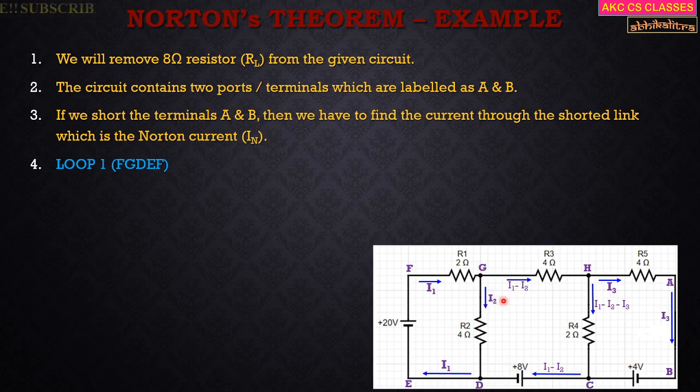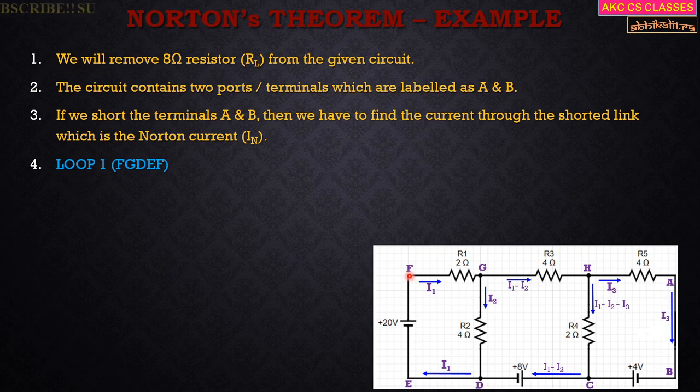So what is the value of I? I is I2. And what is the value of the resistor? Over here it is 4 ohm. So the drop will be minus 4 into I2. So while reaching D, I'll move from D to E. But there are no circuit elements present in between, right? So we will move from E to F. While moving from E to F, I've encountered a voltage source, and we are moving from the negative plate to the positive plate of the voltage source. So obviously there will be a rise in potential at point F or junction F.